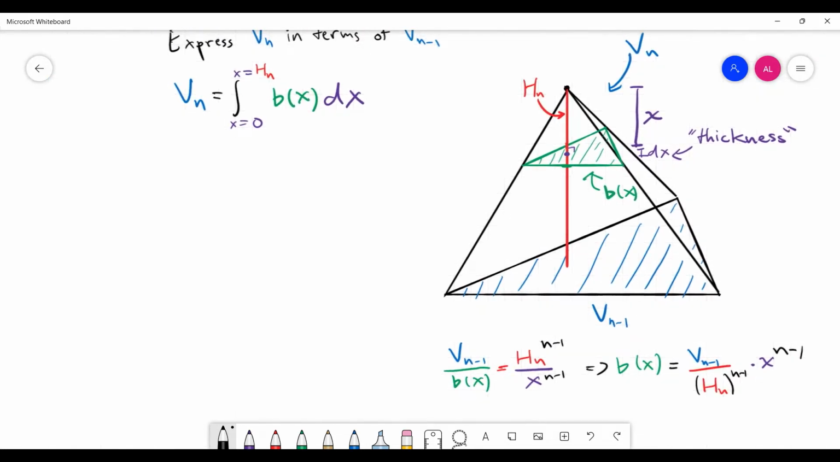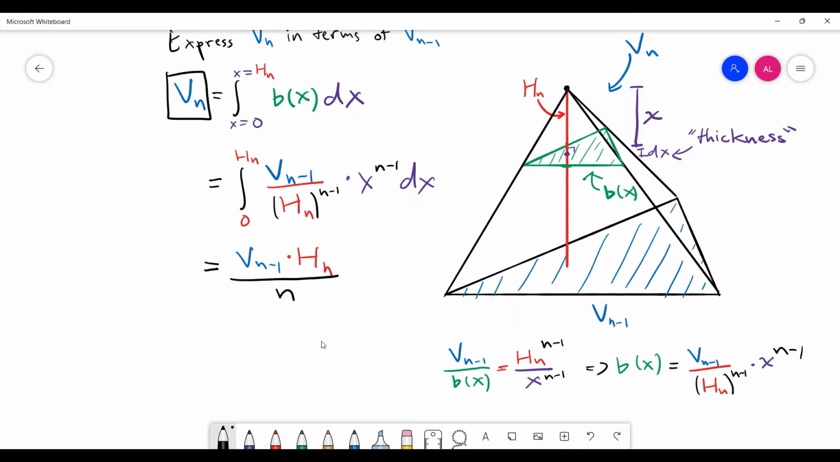And then, of course, we can plug this expression for b of x in terms of Vn minus 1, Hn, and x into the integral expression. So we have this thing right here is equal to Vn. Now, this Vn minus 1 over Hn to the n minus first power, that is all a constant. That does not depend on x. And then the rest we can just calculate using very basic integration techniques in a single variable. And this integral actually comes out to, when we evaluate at the bounds, Vn minus 1